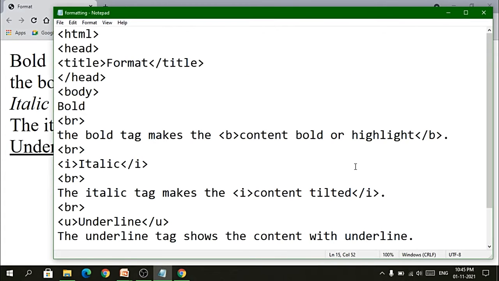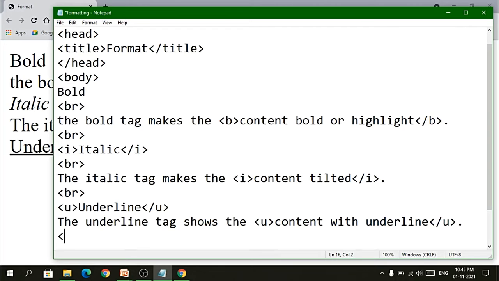So content with underline, I will use this part. U and U close. So you can see when I'm starting the HTML code with the U tag, this is the element, and then afterwards at the end I need to add to show where exactly it is ending. Okay, so till now we have done three formatting tags. The next one would be strike. So this basically strikes the content which is specified, strike through, and then I will say strike close.